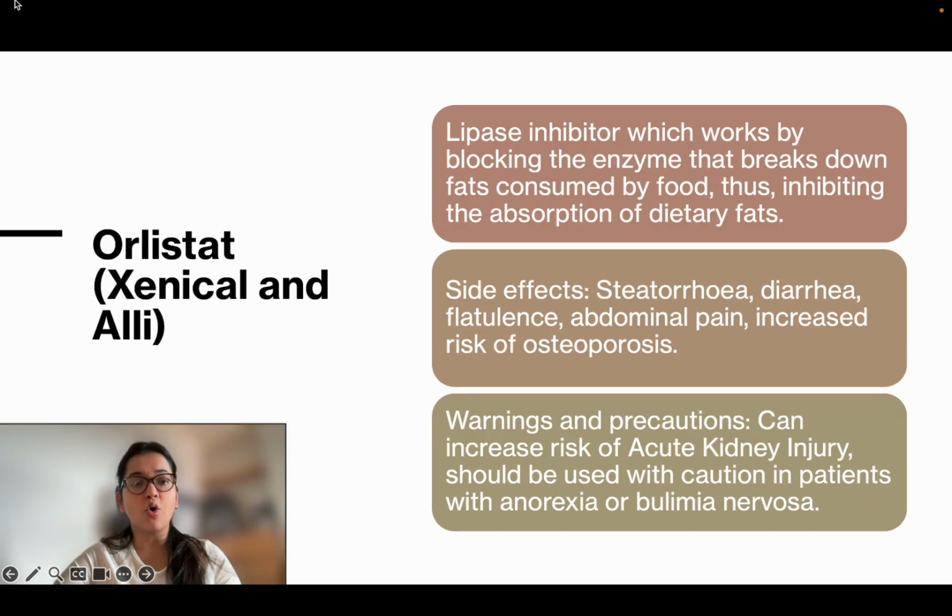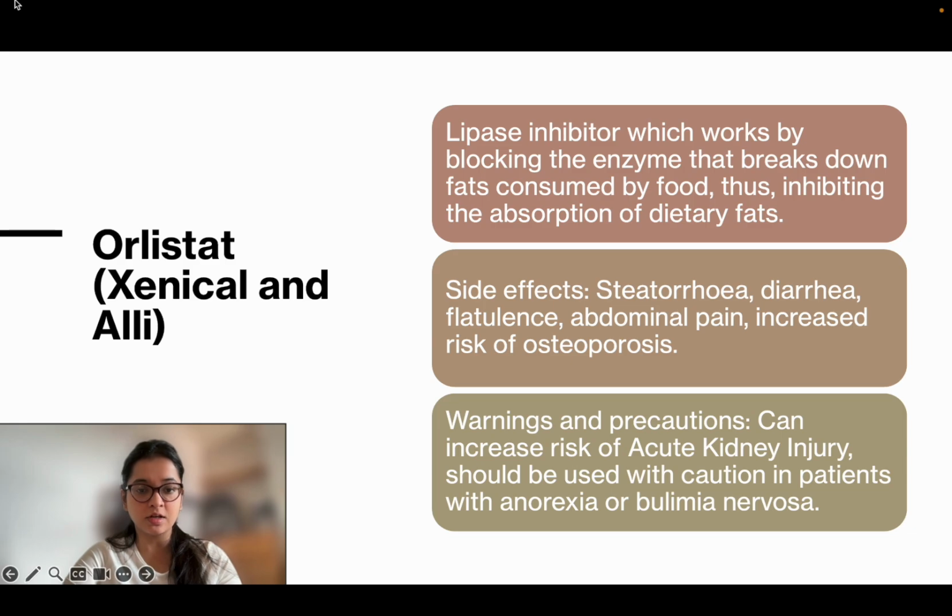The next one being Orlistat. Orlistat is also sold under the name of Xenical. It is a lipase inhibitor, that is, it blocks the enzyme lipase, which breaks down the fats consumed by food. So lipase is basically an enzyme that breaks down food and converts it into fat. When this enzyme is blocked, the breakdown of food into fats is also stopped, so the absorption of dietary